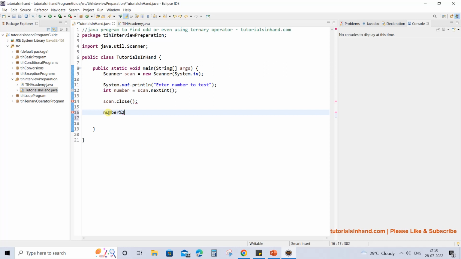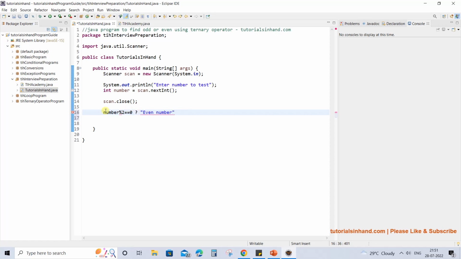I repeat, if we divide a number by 2 and it leaves remainder 0, that is an even number, and we get the remainder by applying the modulus operator. So we have applied the modulus operator over here, and when we apply the modulus operator on the number with 2 and the result is 0, then we can say the number is an even number.